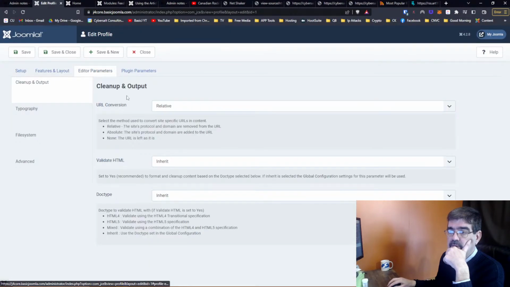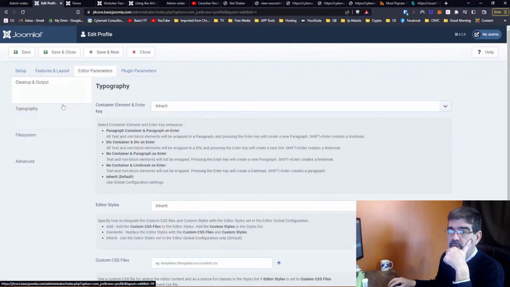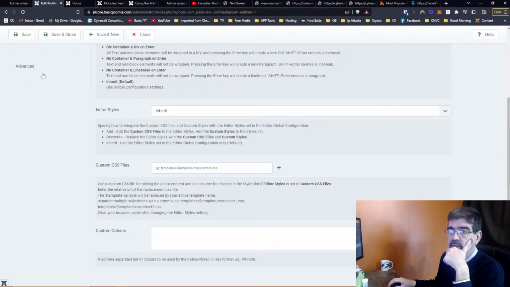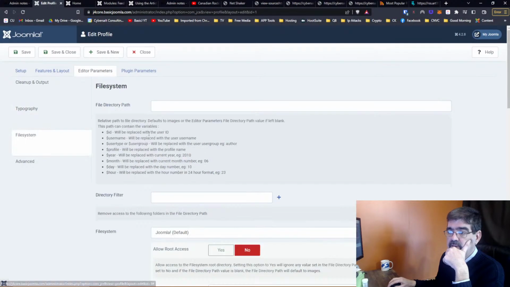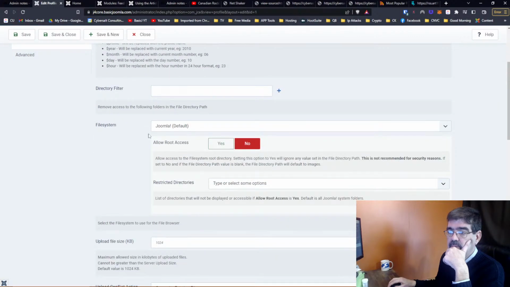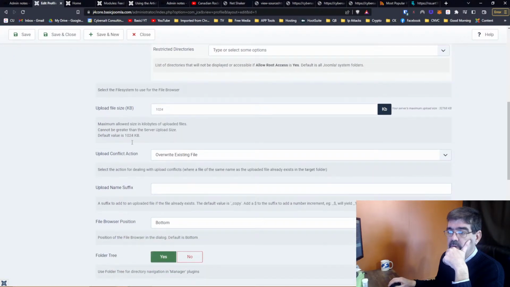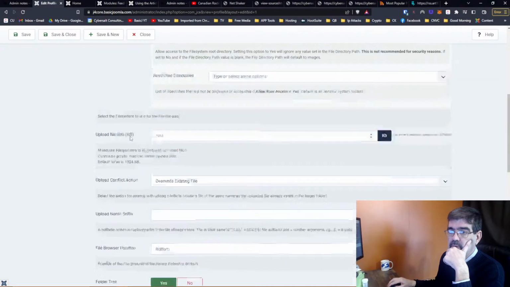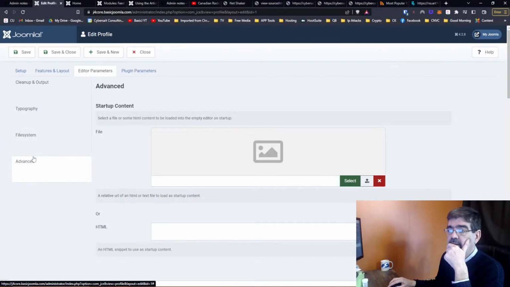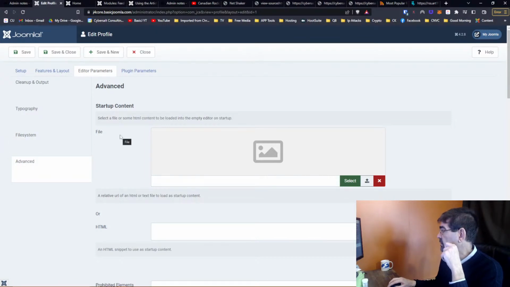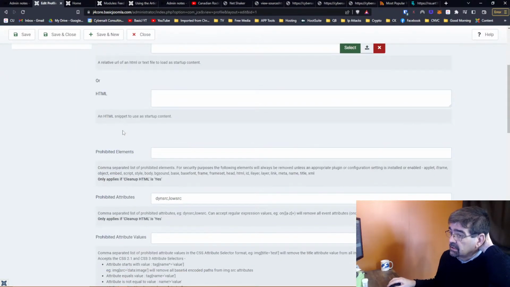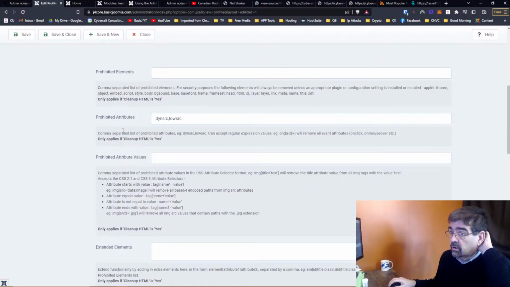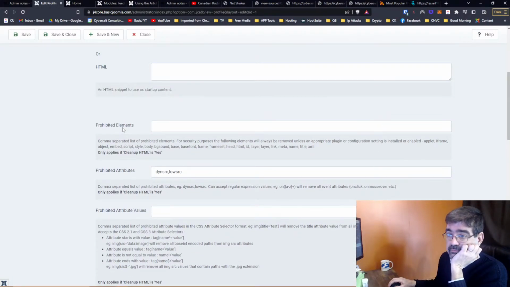Editor parameters, clean up, typography, file system, advanced, prohibited elements,